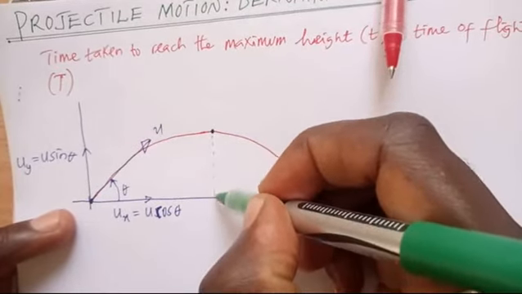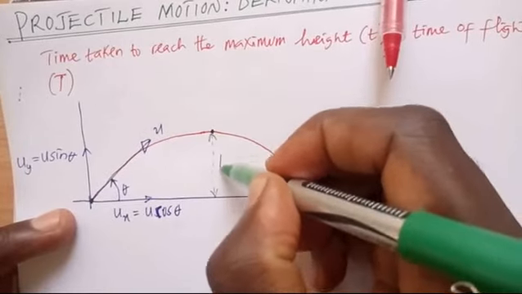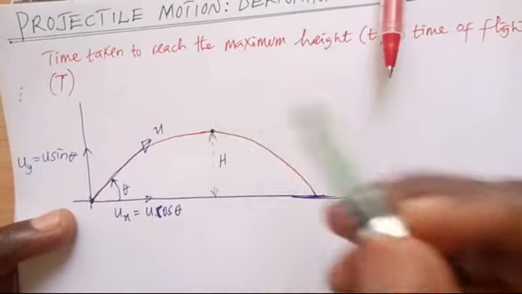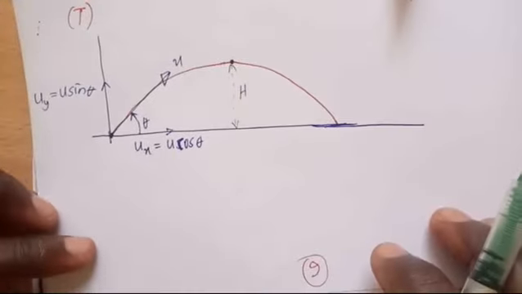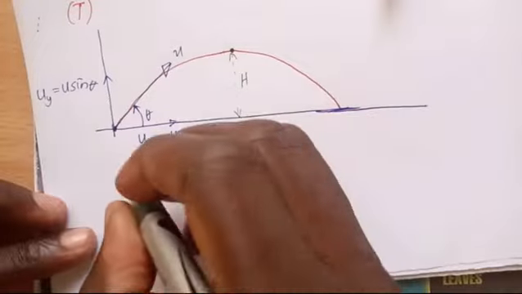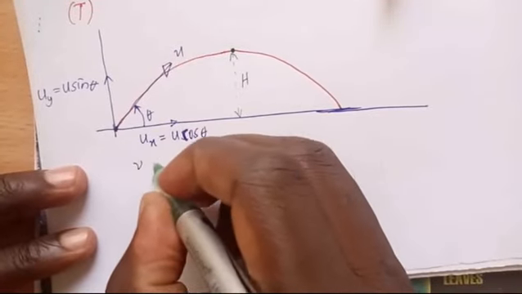Can you see this one? This is the maximum height. So when it is here, how long will it take it to reach here? That is our question. So to get that time, we start by using this formula that says v is equal